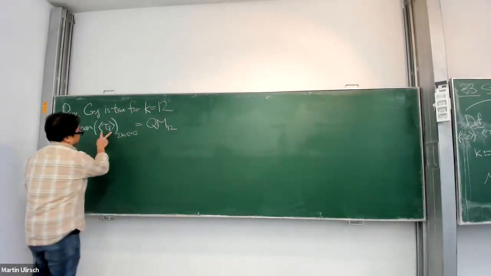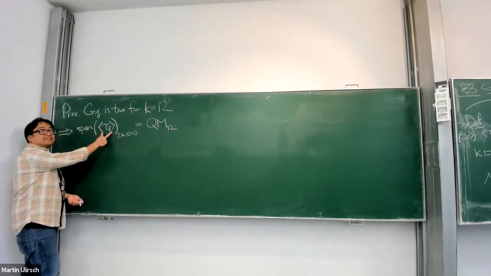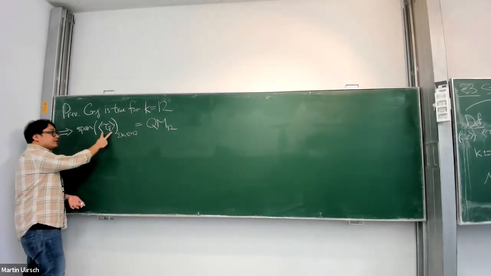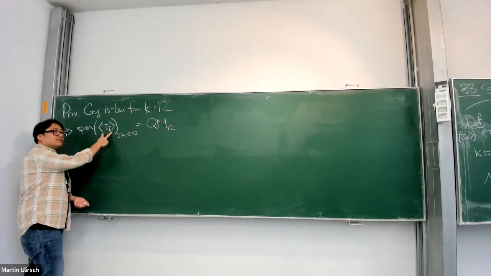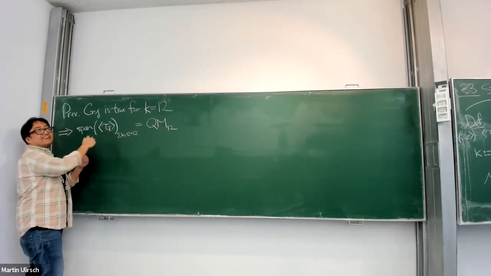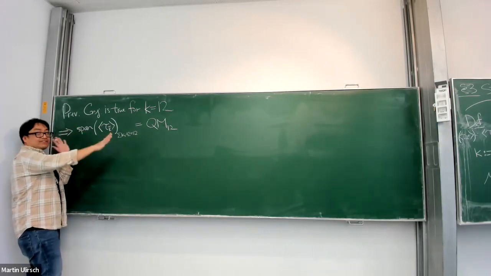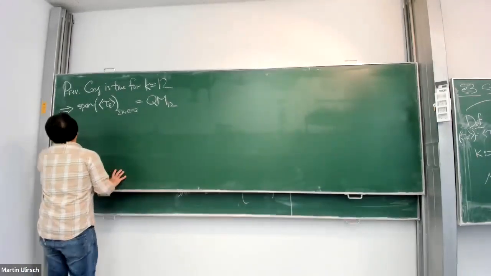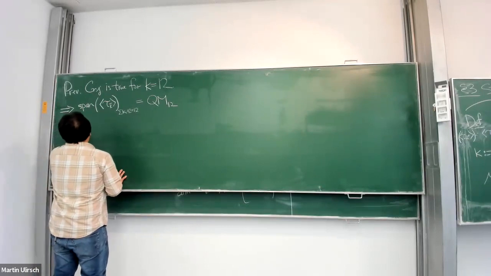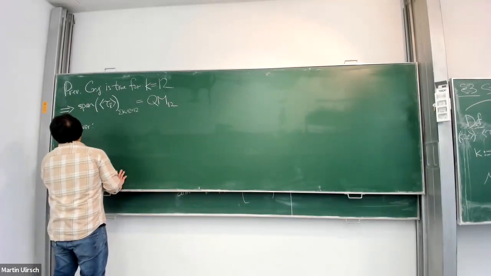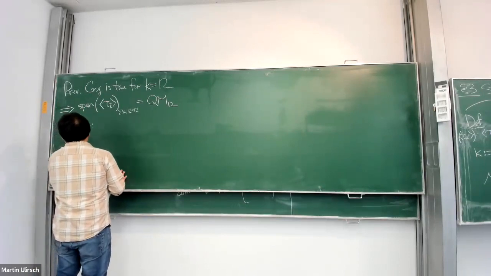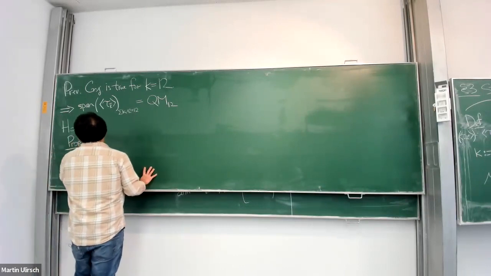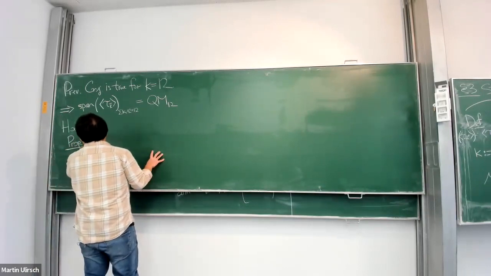But there's a lot of these, actually. If you sit down and you enumerate all of the weight 12 stationary descendants, there are 21 of them, right? So the kernel of this thing is very large. But it turns out, however, you can say something slightly more refined, which is that